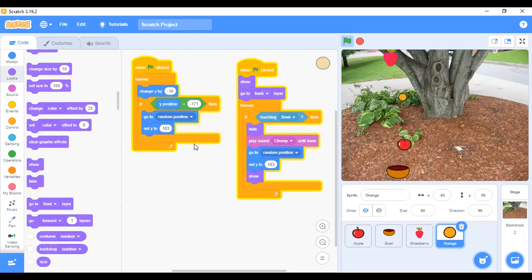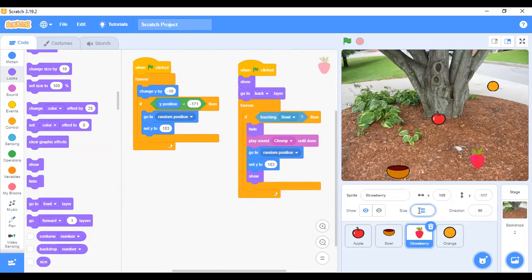Can you see? Everything is working perfectly. They are coming at different times. So if you stop it, the orange is small. Increase the size to 70. I think 70 is still small too. You can change the size to 80 to increase the size that way. If you look at the strawberry, you can change the size or increase the size like that. So if you continue, everything is working perfectly.